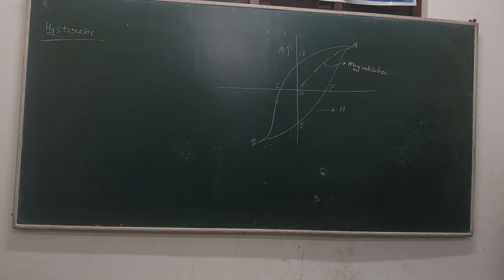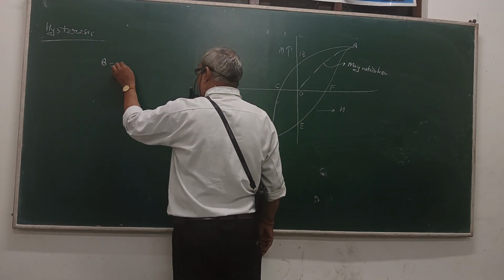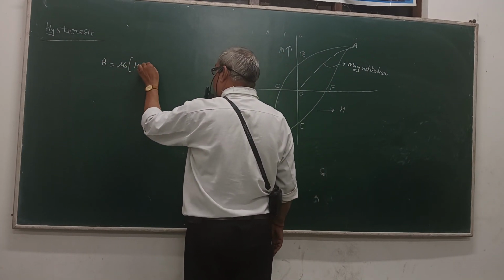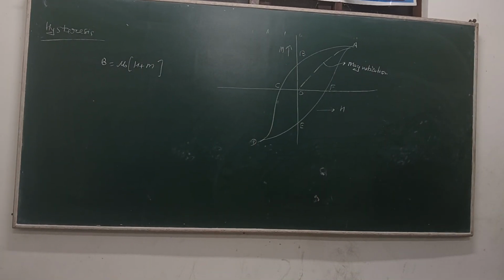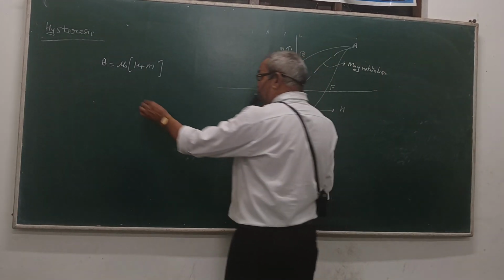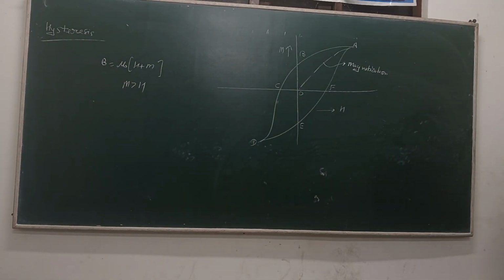It is often more convenient to plot B than M. B is equal to mu naught H plus M, and M is usually greater than H. जबकि हम देख रहे हैं कि M ऑलवेज ग्रेटर है H से।